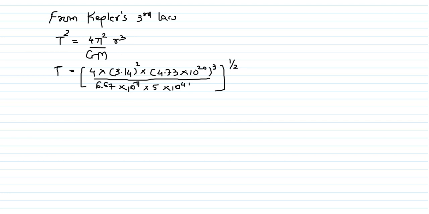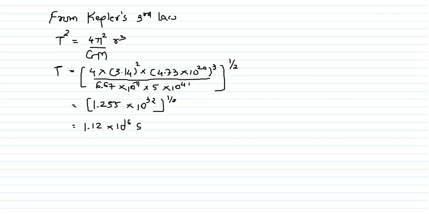Okay, so when you solve this, it is 1.255 into 10 raised to 32, the power is half, so it is nearly equal to 1.12 into 10 raised to 16 second,